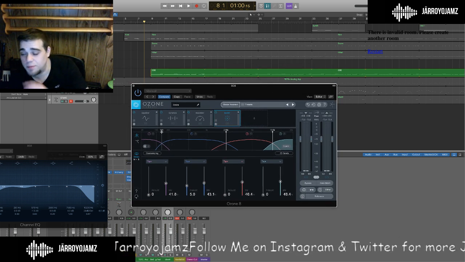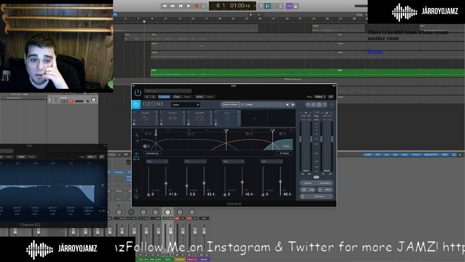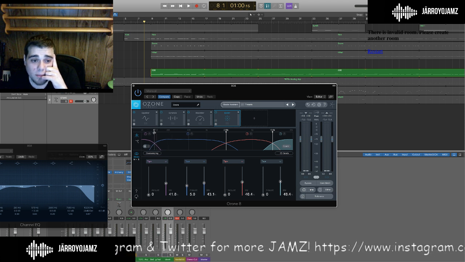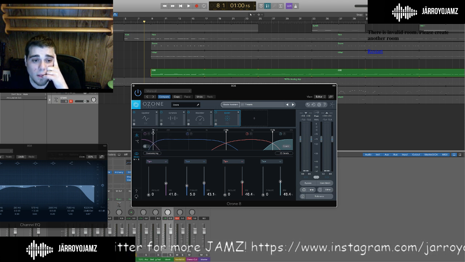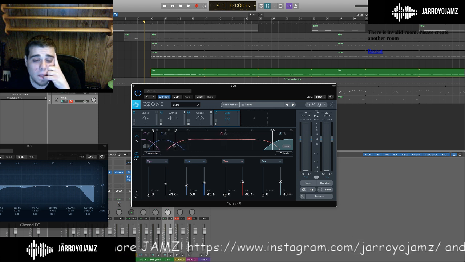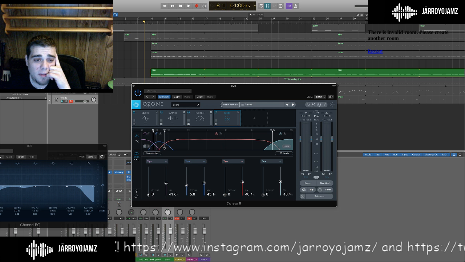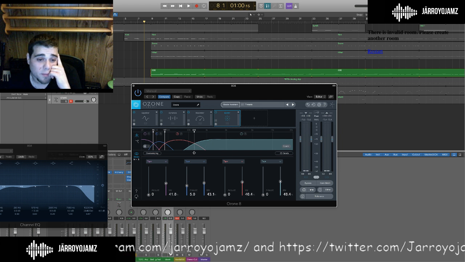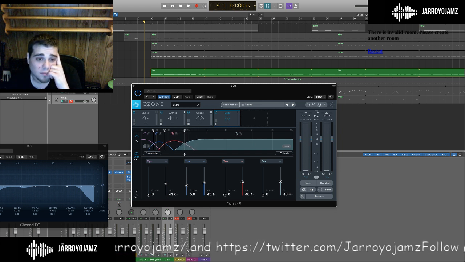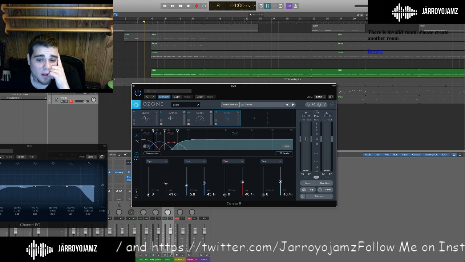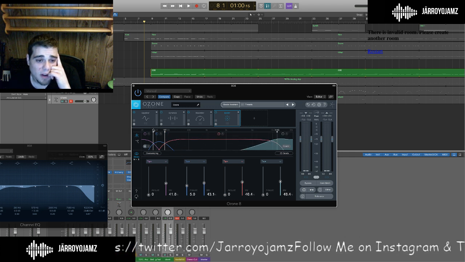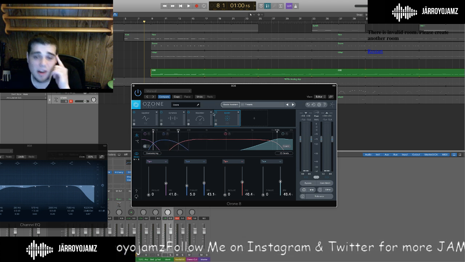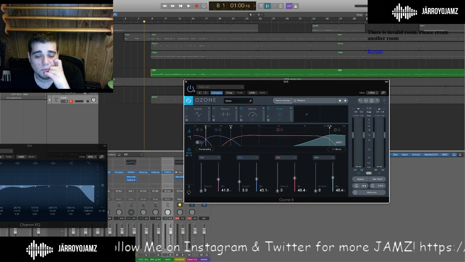So like I said, it's predominant in the 40 hertz area. So we'll go to 80. And then a 160. Like I'm saying, you guys, this is probably totally wrong, but it's actually worked for me. No, not here. But I can definitely hear my 808s on my cell phone.